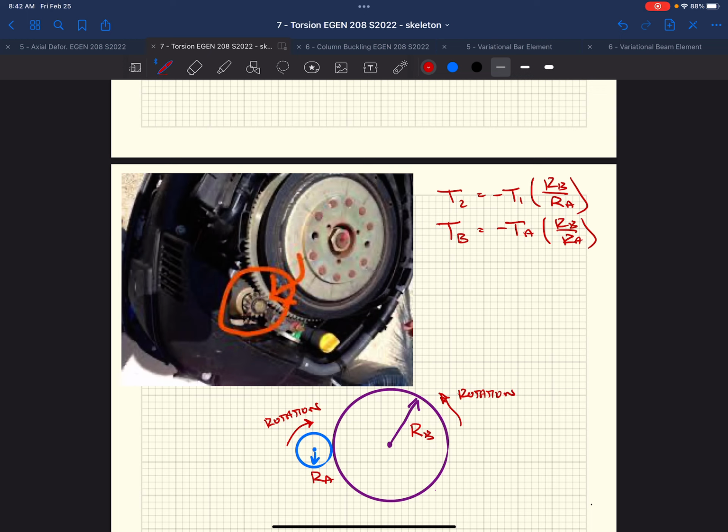Well, this also holds true for the angle of rotation, right? Because we have a mated surface between these two gears, the forces are equal there. We also know that if this moves one gear, the pulley at B, the flywheel, moves one gear. So if the starter motor interface rotates so that 5 gears pass, then the flywheel has to rotate so 5 gears pass. So we can also create a relationship between rotation